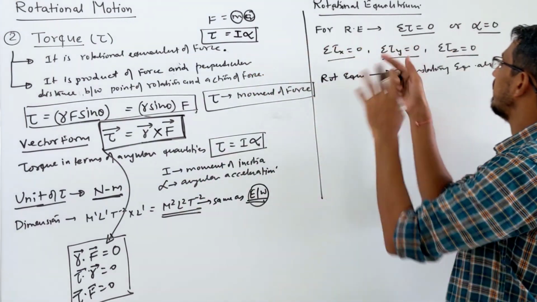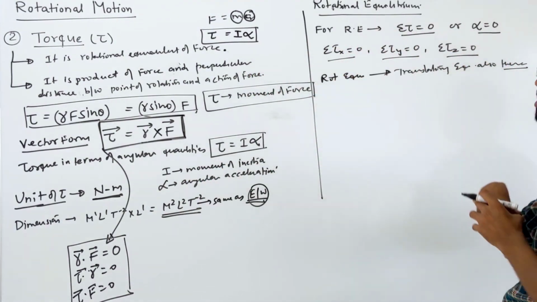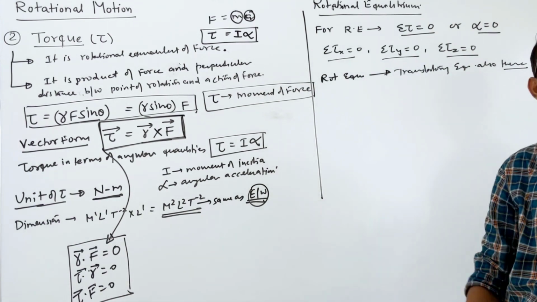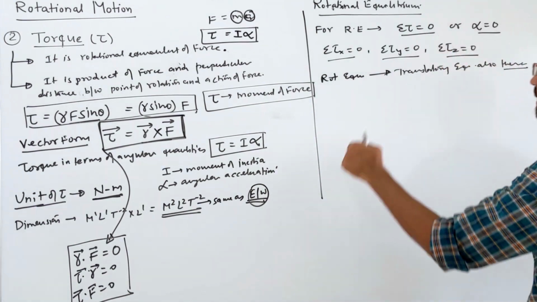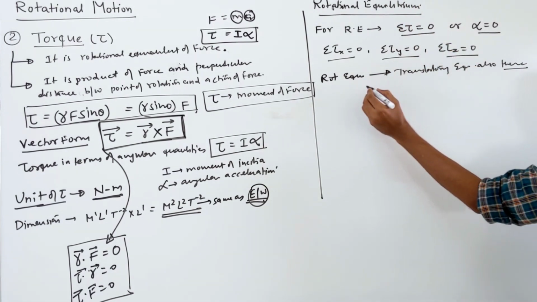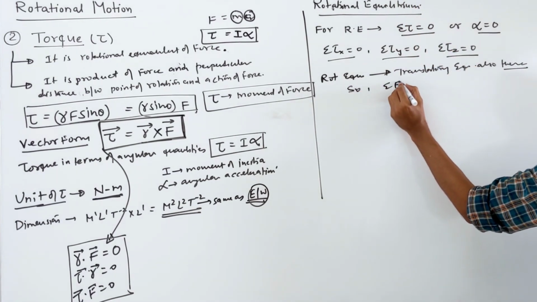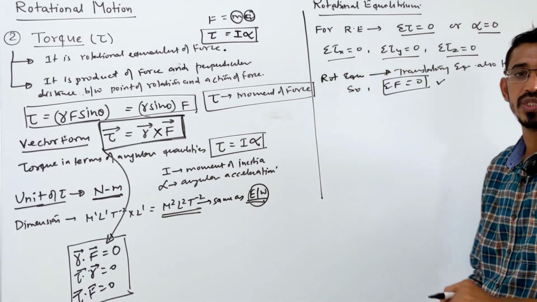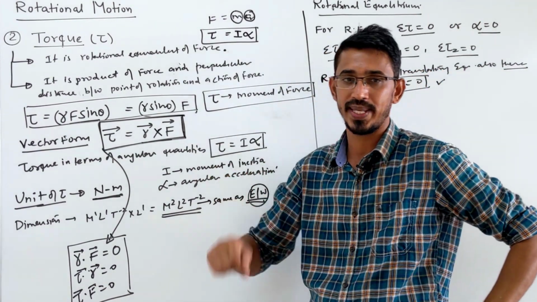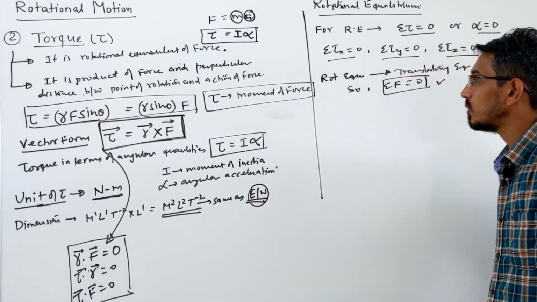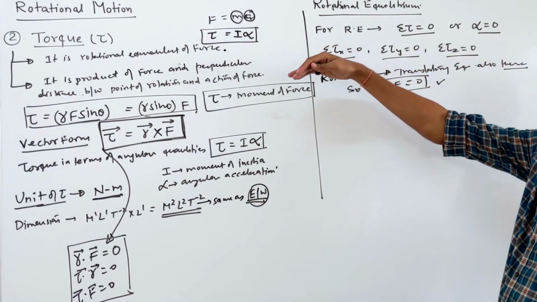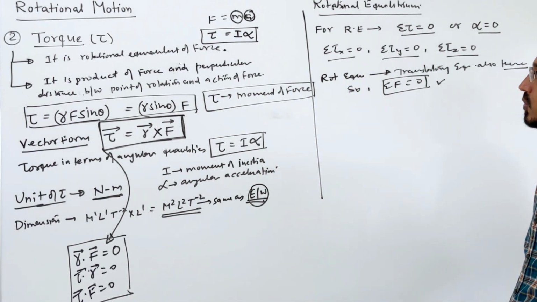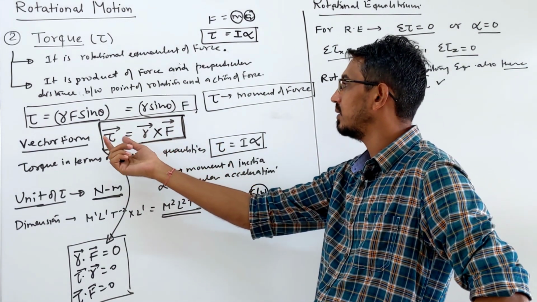So, when you are solving numericals based on rotational equilibrium, when you write that the net torque should be 0, you can also write that the net force is also 0 simply. Whenever this condition is right, you can also write the net force is 0. Yes, this condition you can also write to answer some questions. We will see in numericals how we use them. So, this much is about the formulas and basics of torque. Torque formula is r f sin theta.